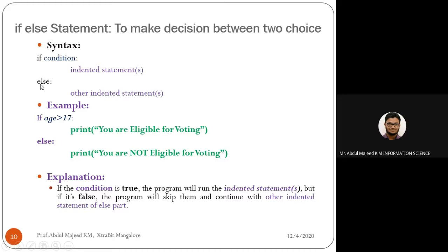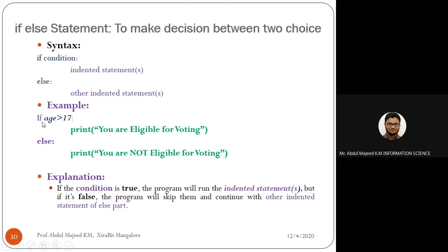Okay, so in programming we are using the term else. Then we are writing the second option. So this is the first option, this is the second option. Remember, if the condition is true, then it will go for the first option. If the condition fails, then it will go for the second option. Remember, only if the condition is true will it execute the first option. If the condition is not true, then it will go for the second option. At a time it will execute either this one or this one.